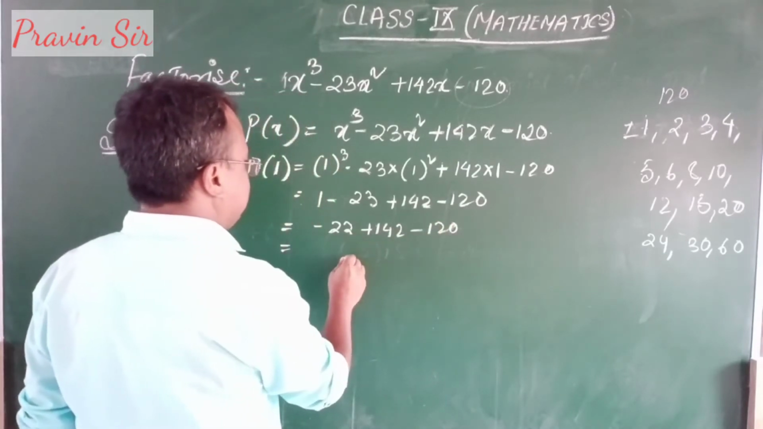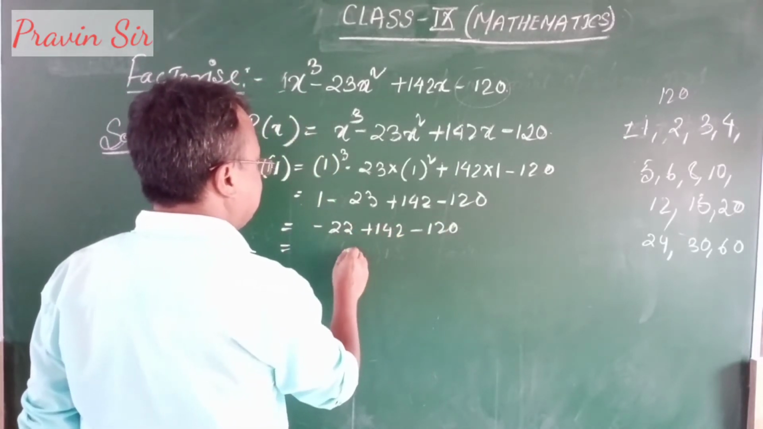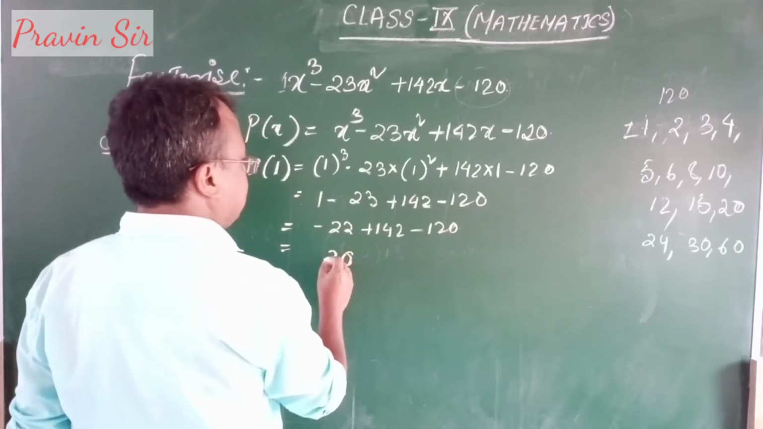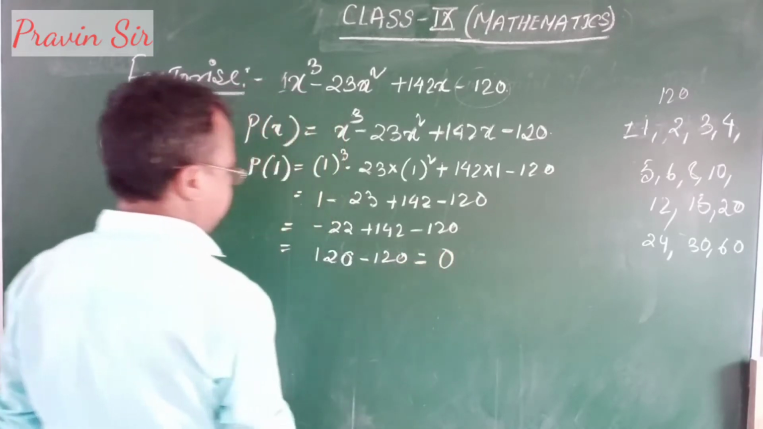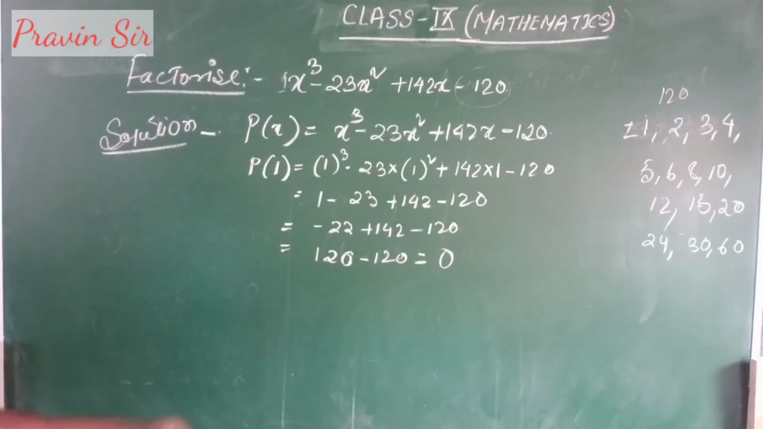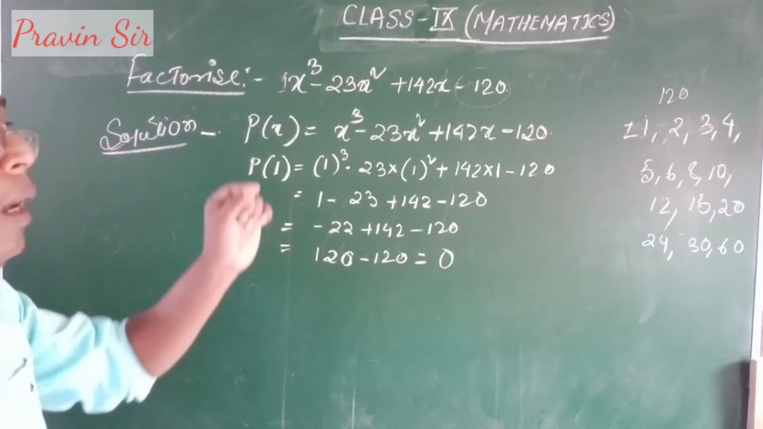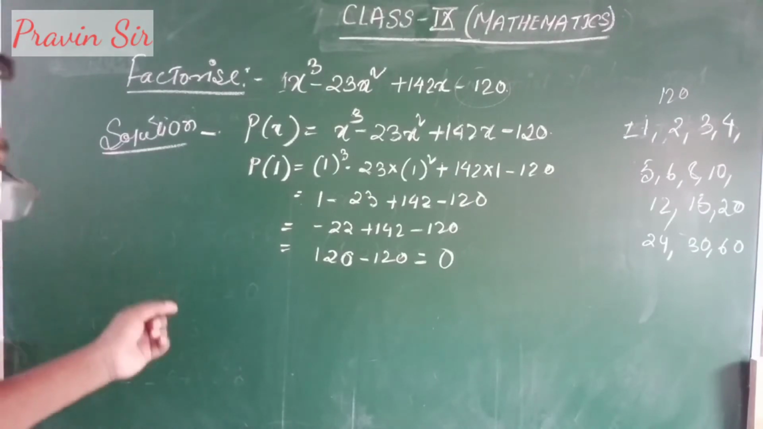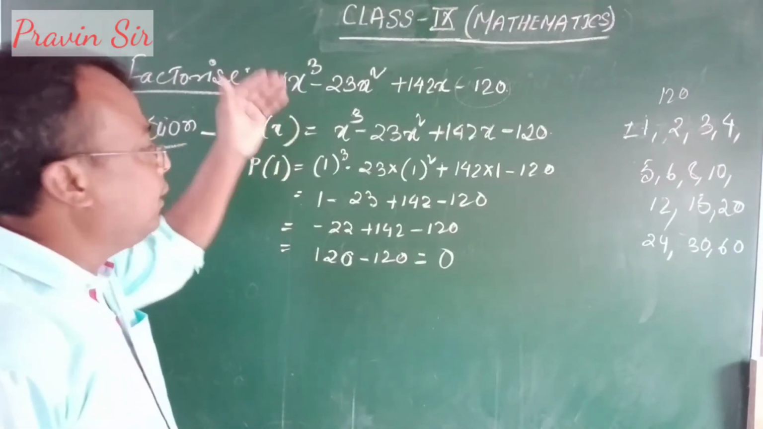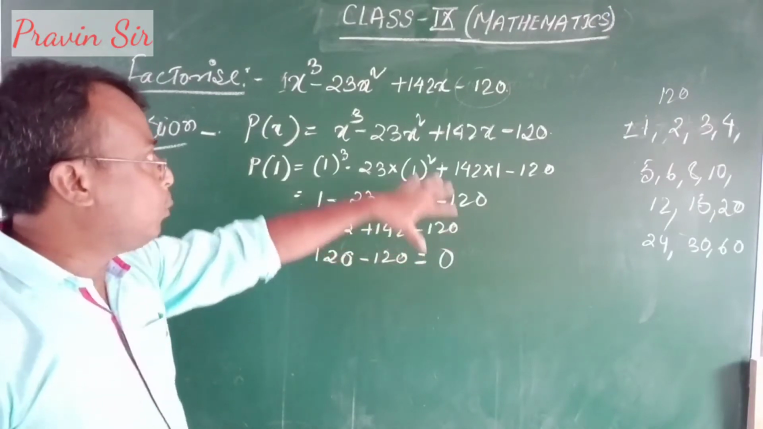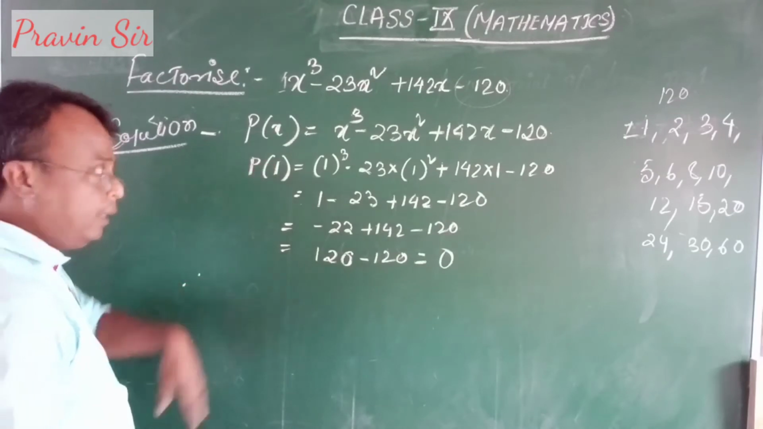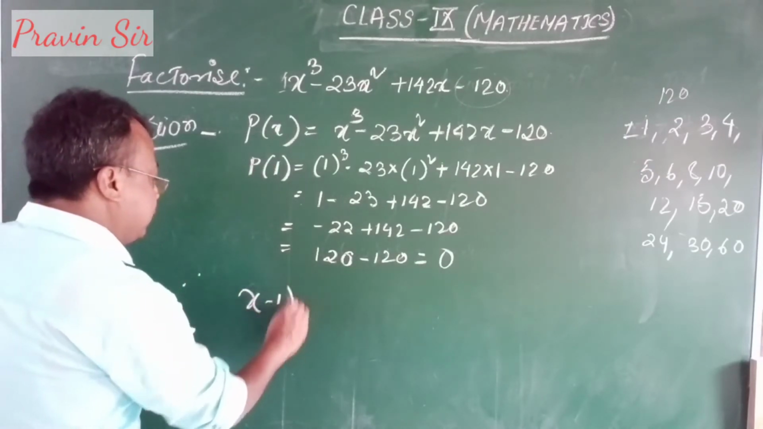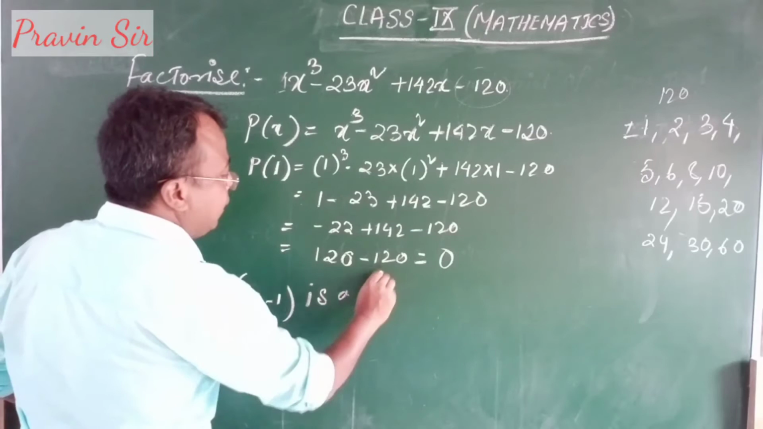1 minus 23 is minus 22, plus 142, minus 120. Okay, so it is 2 minus 2, 0. 4 minus 2, 2. Then minus 120 is equal to 0. Okay, means after putting 1 in this polynomial, I am getting the answer what? 0. So what does it mean according to the factor theorem? According to the factor theorem, after putting 1, this polynomial reduced to what? 0. It means therefore 1 बिठाने से आ रहा है 0, then x minus 1 is a factor of